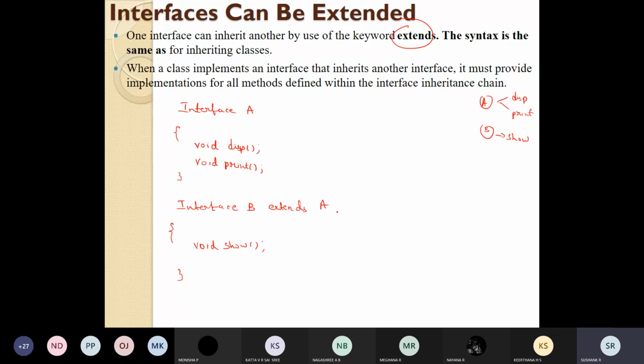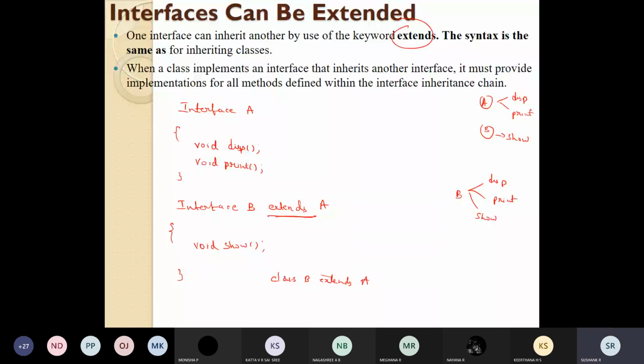Now by using this syntax, B will contain three methods: display method and print method of the A interface, and the show method, which is B's own method. So this is how an interface can be extended. It is similar to classes. When you're inheriting two classes, you write class B extends A. The same way, instead of classes, you're going to inherit interfaces.